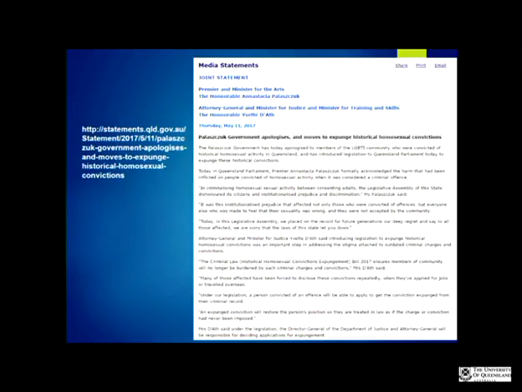This was, again, something from the media. This was 11th of May 2017. The Palaszczuk government apologised to members of the LGBTI community who were convicted of historical homosexuality activity in Queensland. They introduced legislation to expunge all of their historical convictions. And one of the reasons, I'm sure there are many, why those convictions caused so much damage to those people is every time they went to apply for a job, every time they tried to apply for a visa overseas, they had to